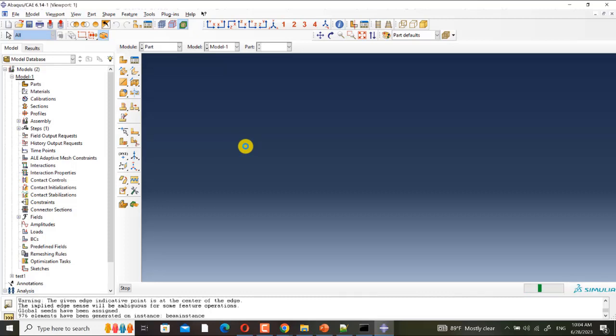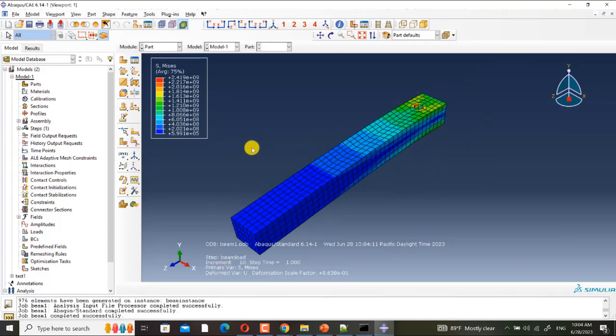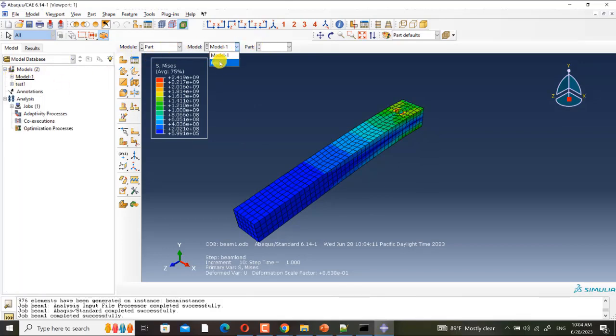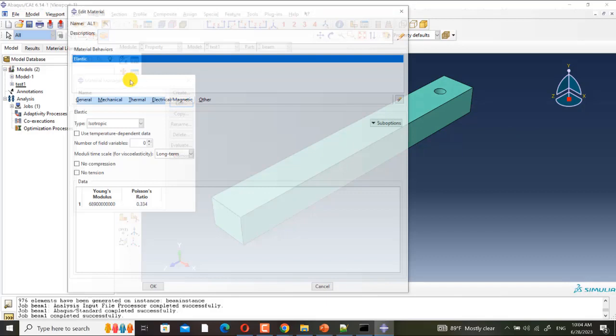The script is running. For example, here if you see 976 elements have been generated. Yeah, it is done. If I show you, the model is this beam with one hole, and we have the property.